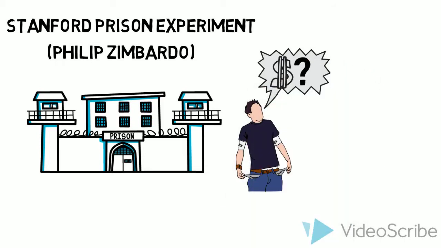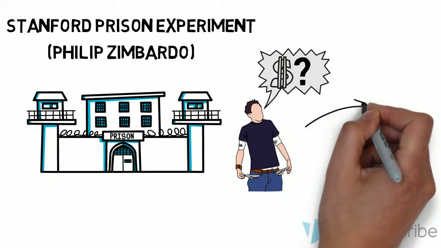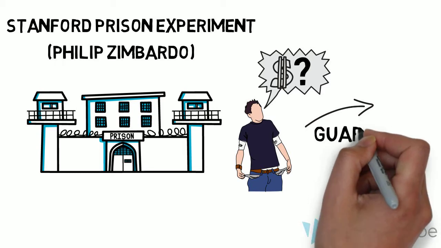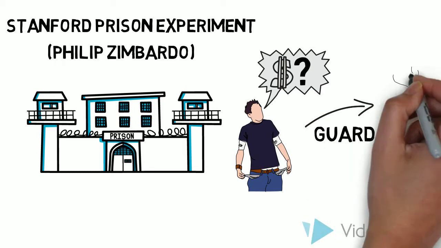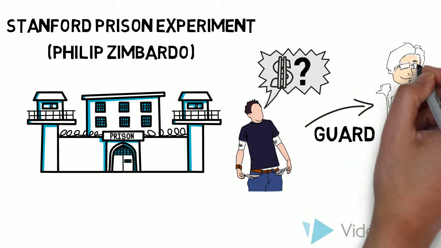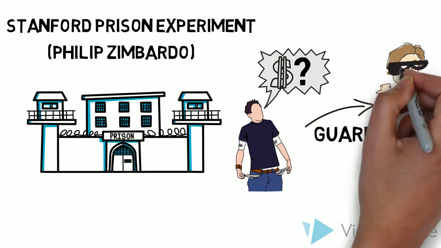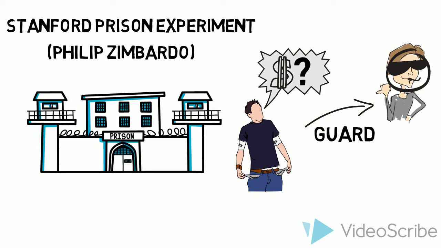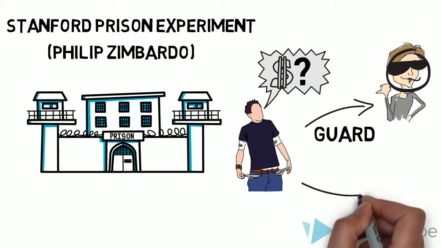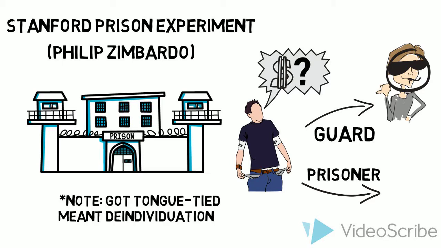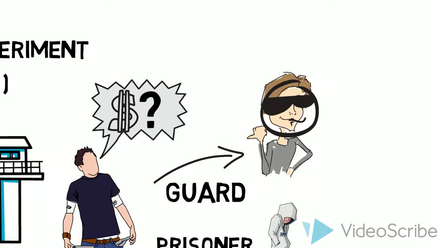The study showed that conformity to social roles occurred as a part of the social interaction, as both groups displayed more negative emotion, and hostility and dehumanization became apparent. Prisoners became passive, while guards assumed an active, brutal, and dominant role. Although normative and informational social influence had a role to play here, de-individuation seemed likely to lead to conformity.